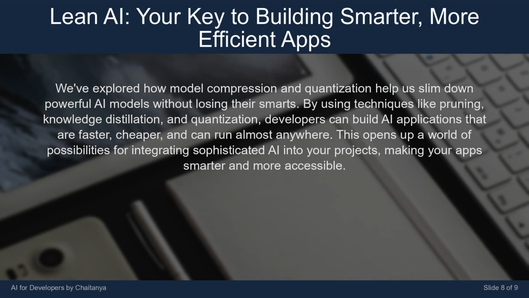We've explored how model compression and quantization help us slim down powerful AI models without losing their smarts. By using techniques like pruning, knowledge distillation, and quantization, developers can build AI applications that are faster, cheaper, and can run almost anywhere. This opens up a world of possibilities for integrating sophisticated AI into your projects, making your apps